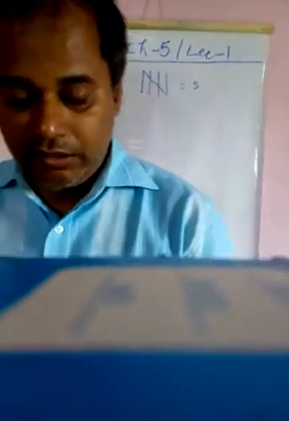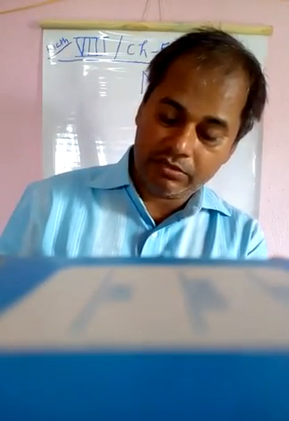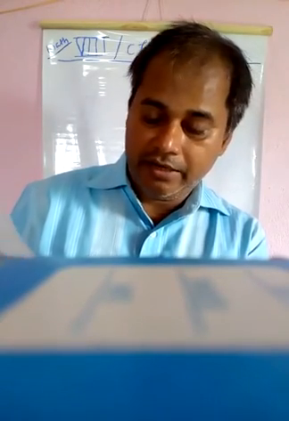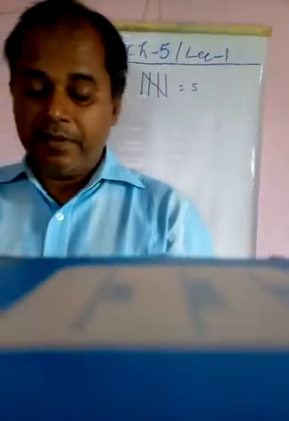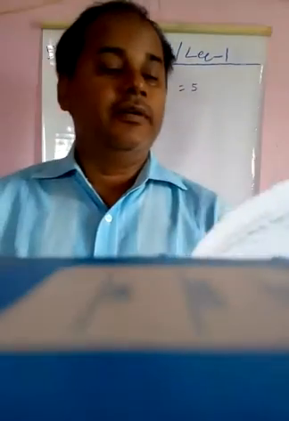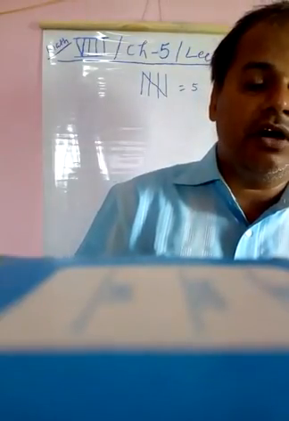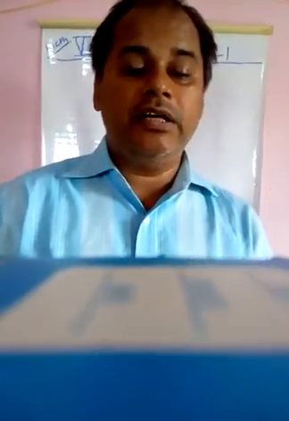The above ungrouped frequency distribution table can be rewritten as follows. Marks 1 to 10, then 11 to 20, then 21 to 30, 31 to 40, 41 to 50, 51 to 60, 61 to 70, 71 to 80, 81 to 90. The numbers of students are 7, 4, 1, 6, 8, 10, 2, 2 and 2. Ultimately it is the 40 students. This way of representing frequency is called grouped frequency distribution.